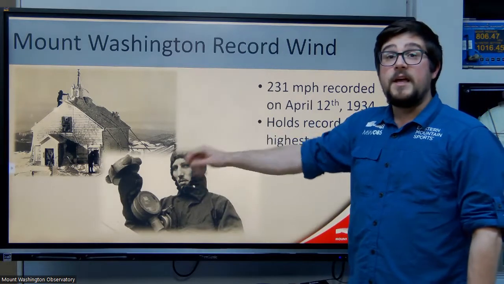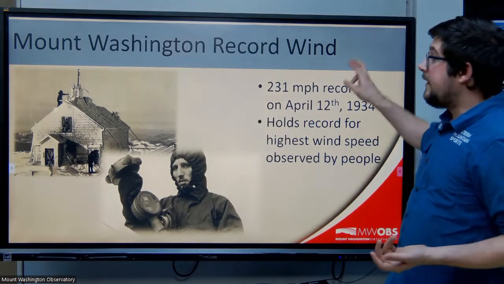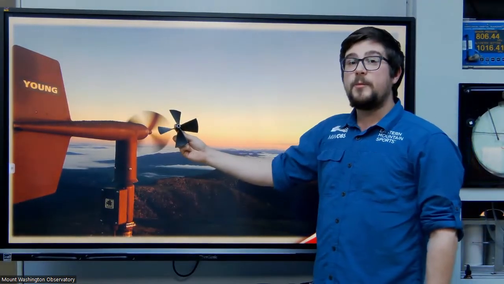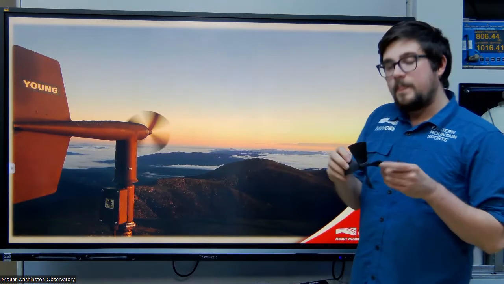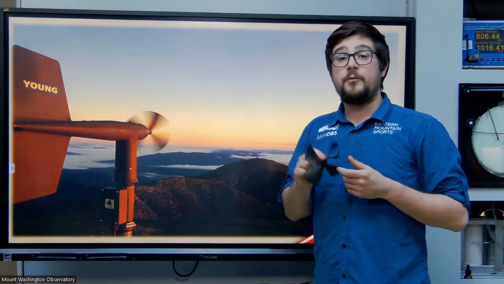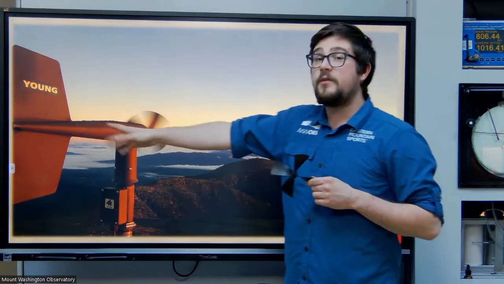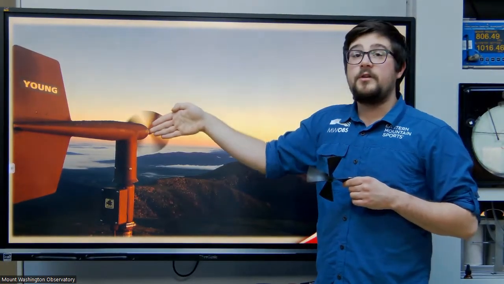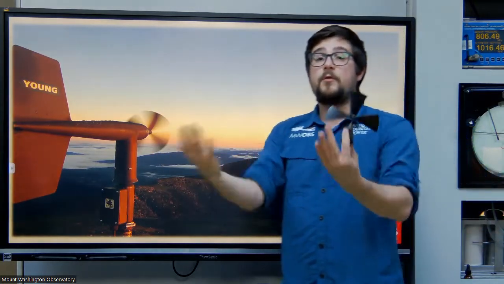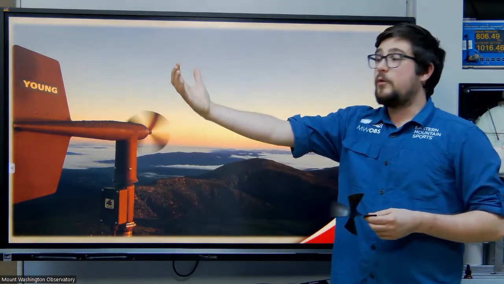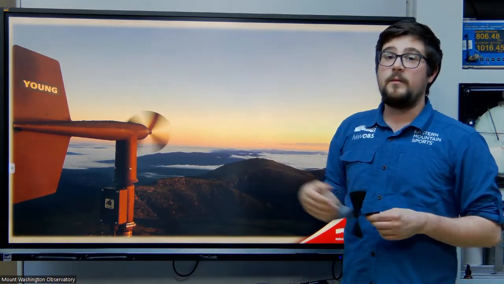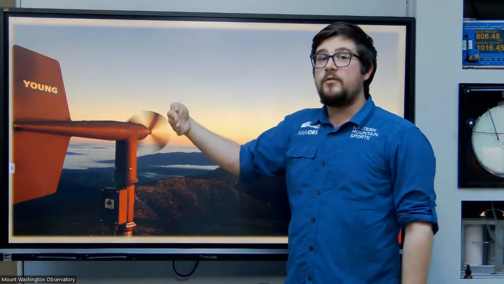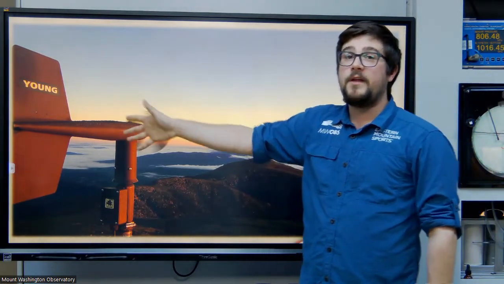They used an old-fashioned anemometer. And so I want to now talk a little bit about anemometers. This is our RM Young. You'll notice this propeller on the front of it. Simply, the stronger the wind is, the faster this propeller is going to move, of course. You'll notice as well this nice big fin on the RM Young. This will actually adjust the direction of the RM Young and give us a sense of which way the wind is blowing from. Again, remember, we're measuring the wind coming towards us, not necessarily the way it's going. So this will actually point into the wind with that big old fin on the back.